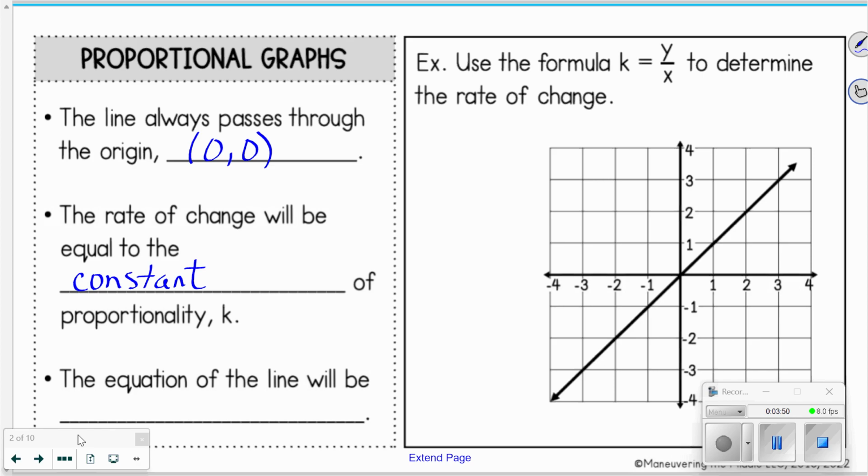Now change it to an equation for the line using those same 3 letters. What do I start with? Y equals K X. You need to clean that up too. Okay, so if I use the formula K equals Y over X to determine my rate of change, or the slope, what we're seeing is, here's my equation, or my line. I can reformulate my formula